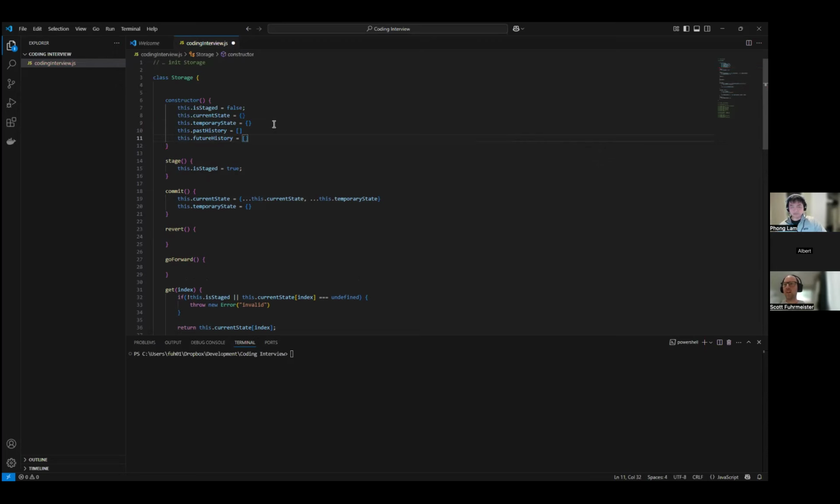Let's store that as an array. The array is not super efficient because you're going to be taking things off the front of the list, so you'd probably want a deque, but I'm not sure what the deque is in JavaScript. You can just use push and pop.